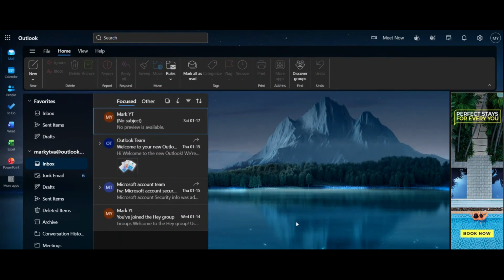In today's video, I'm going to show you how to change the date and time format in Outlook step by step. This is a really useful setting if you prefer a specific date style, like day first instead of month first, or if you want your time displayed in a 12 or 24-hour format. Whether you're using Outlook for work, school, or personal emails, adjusting this setting can make your inbox much easier to